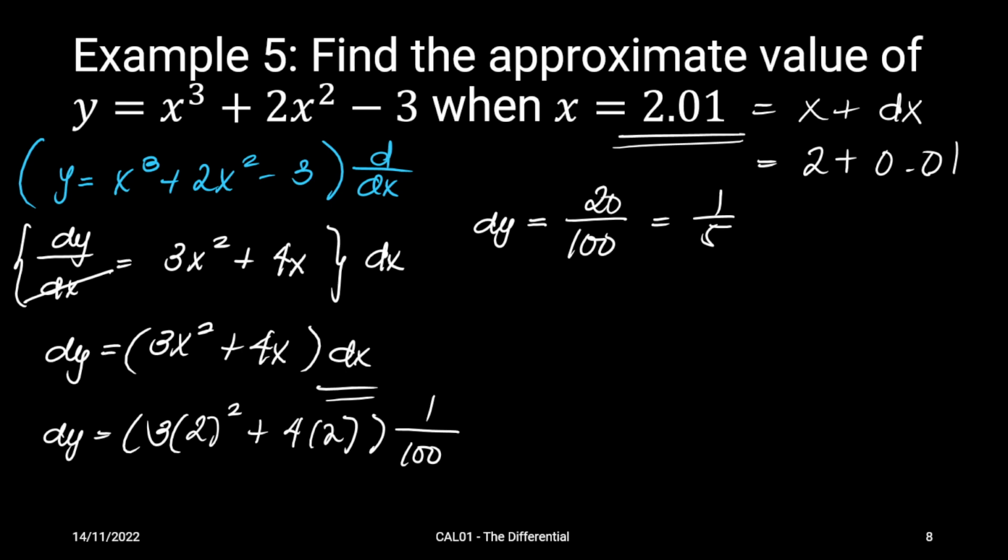Now, what we're looking for, which I forgot to write earlier, is y plus dy. We need to find the value of y. For this y, in our original function, we will use the whole thing. So, we have 2.01. So, y is equivalent to